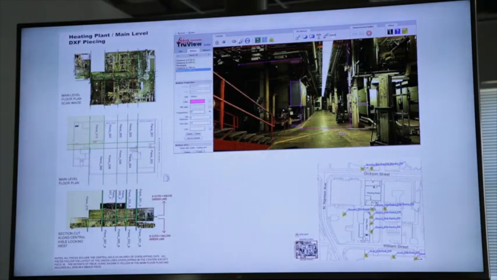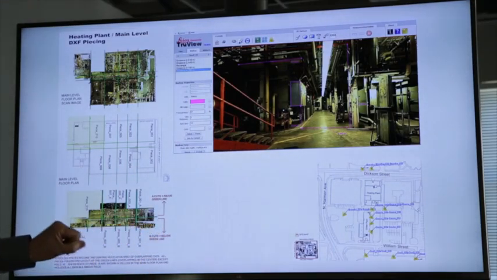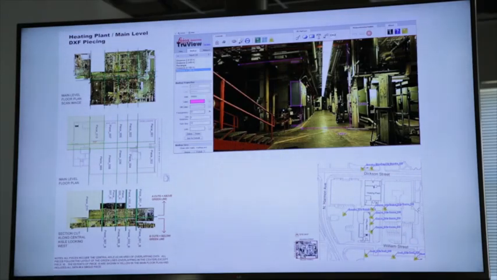We delivered it also using Leica's TrueView Platform, which is a web-based plugin that allows you to look at the data from the scanner perspective. On this lower corner down here, each one of those little yellow triangles is a location of a scanner setup. And as you click on each one of those, you get a view, as up here,